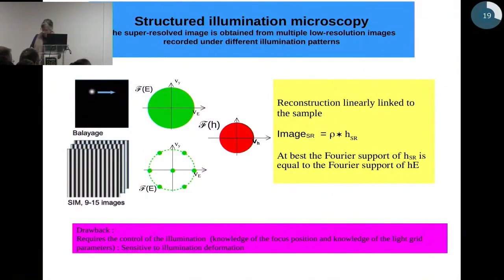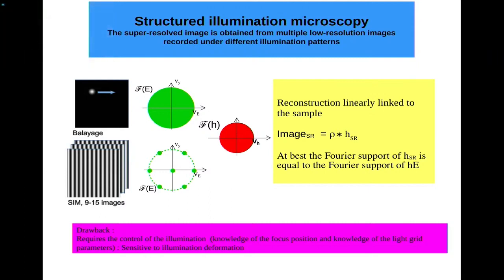Okay. So now you're quite convinced about the interest of structured illumination microscopy, and you know that it's quite easy from a fundamental point of view, and you know that it is linear in the object, in the fluorescence density. What does it mean that an image is linear with respect to the sample? It means that if you do the image of 2 objects, it is equal to the sum of the images that you would have obtained if each object was taken separately. Okay? That's nice. That's not always the case, I can tell you.